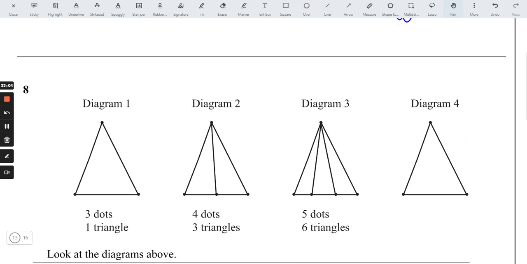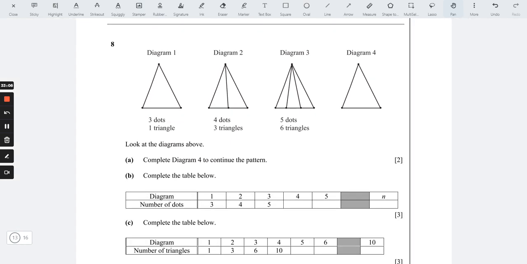Now last question here, it's a diagram 1, diagram 2, diagram 3, diagram 4. So first one you have 3 dots and 1 triangle, 4 dots, 3 triangles, 5 dots, 6 triangles. It's like a sequence question. So here we have to complete the table here, complete diagram 4 to continue with the pattern. As you can see here, we have 4 dots, then 3 triangles, 5 dots, then 6 triangles. Here we have to position diagram 3, then